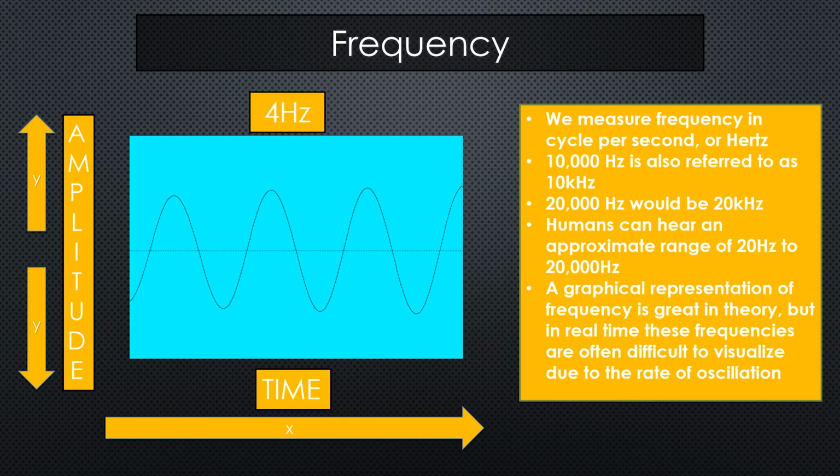So the wave that I'm showing here would actually be about 4 hertz. And you can tell I start at this bottom point, this trough, and I eventually end back on that upward peak. And we get through that full wave 4 times. If we said that this graphical representation of time on the x-axis was 1 second, that would mean we are getting 4 vibrations per second. This would be a tone that we could not perceive because it would be too low for our brain to make sense of.